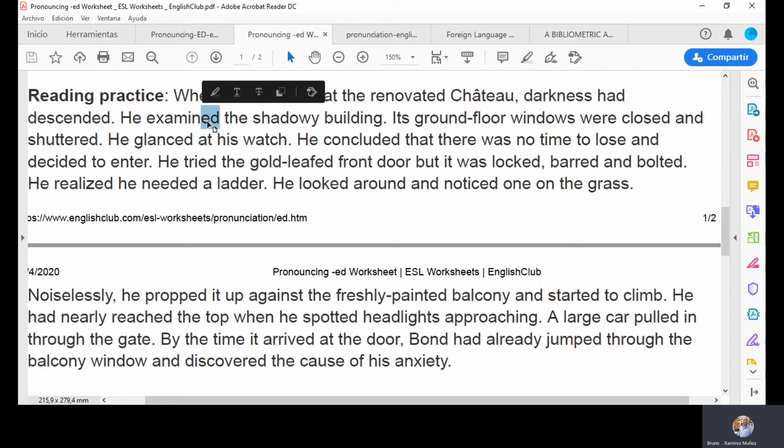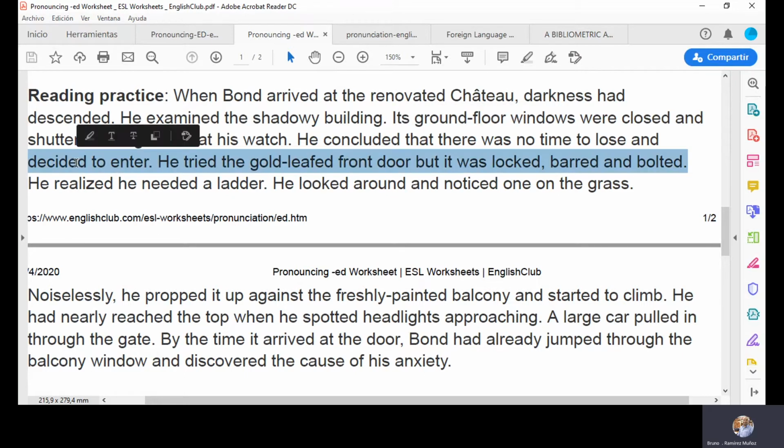Examined. The next one is closed, and then shuttered, then glanced, concluded, decided, excellent, decided,